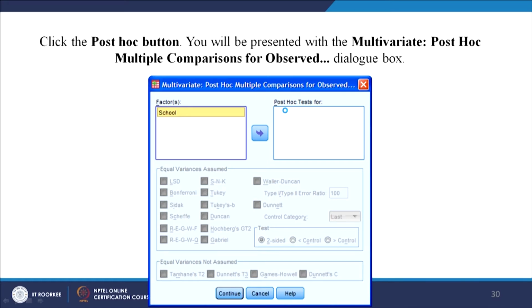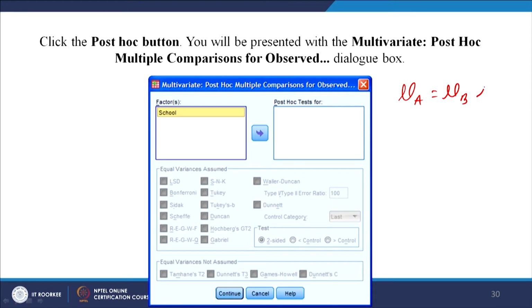Now, what is this post hoc? There are two things in research. Whenever you have more than two groups, let us say your null hypothesis says mu A is equal to mu B is equal to mu C. Suppose this is my null hypothesis, and what is my alternate? At least one of them is different, correct. Now, suppose my alternate has been accepted and my null has been rejected. That means at least one of them is different. The question that comes to you is which one is different. To do that we do a post hoc test, which compares the means individually across each other.